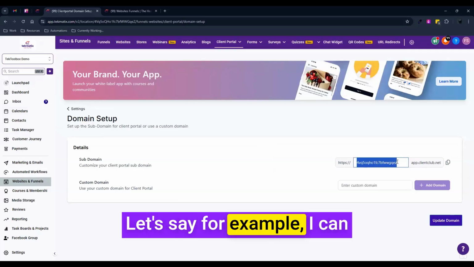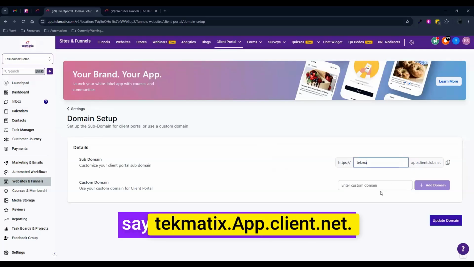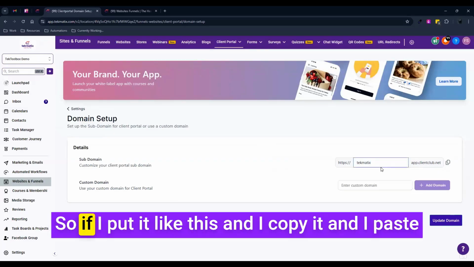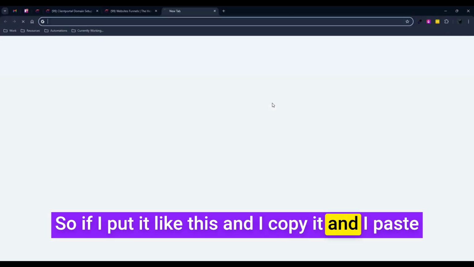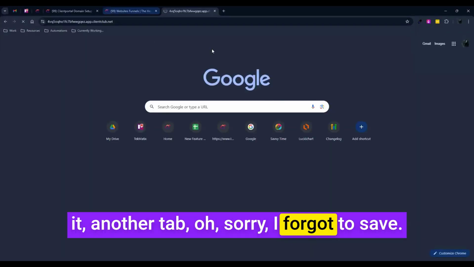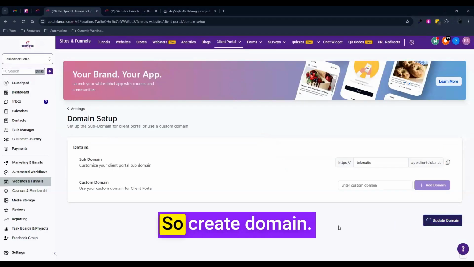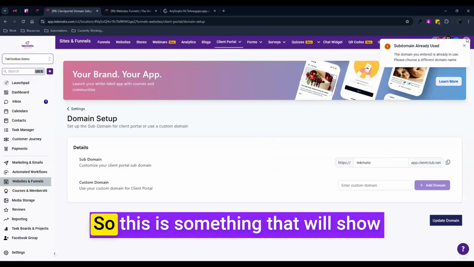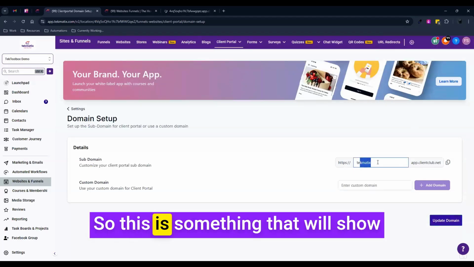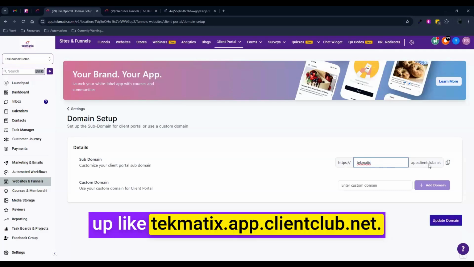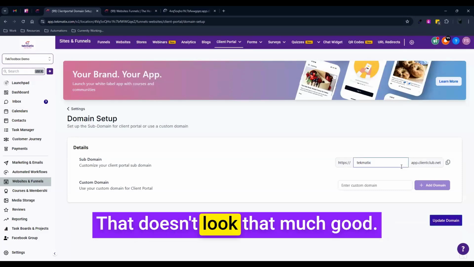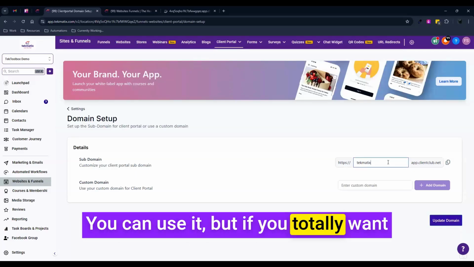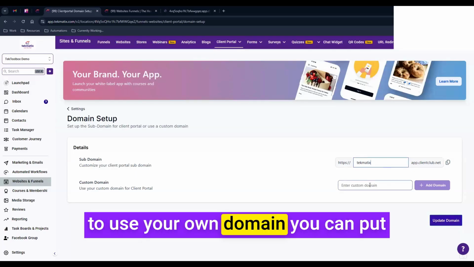Let's say, for example, I can say Tekmatix app.client.net. So if I put it like this and I copy it and I paste it in another tab, oh, sorry, I forgot to save. So update domain. Okay, that's already being used. So this is something that will show up like techmatics.app.clientclub.net. That doesn't look that much good. It's usable, you can use it, but if you totally want to use your own domain, you can put the